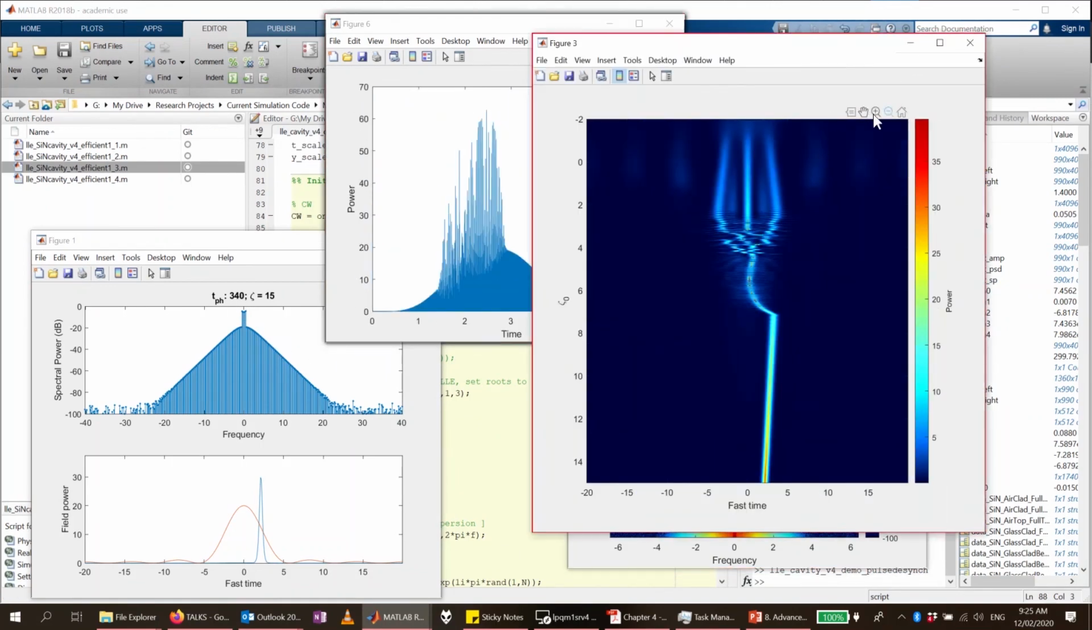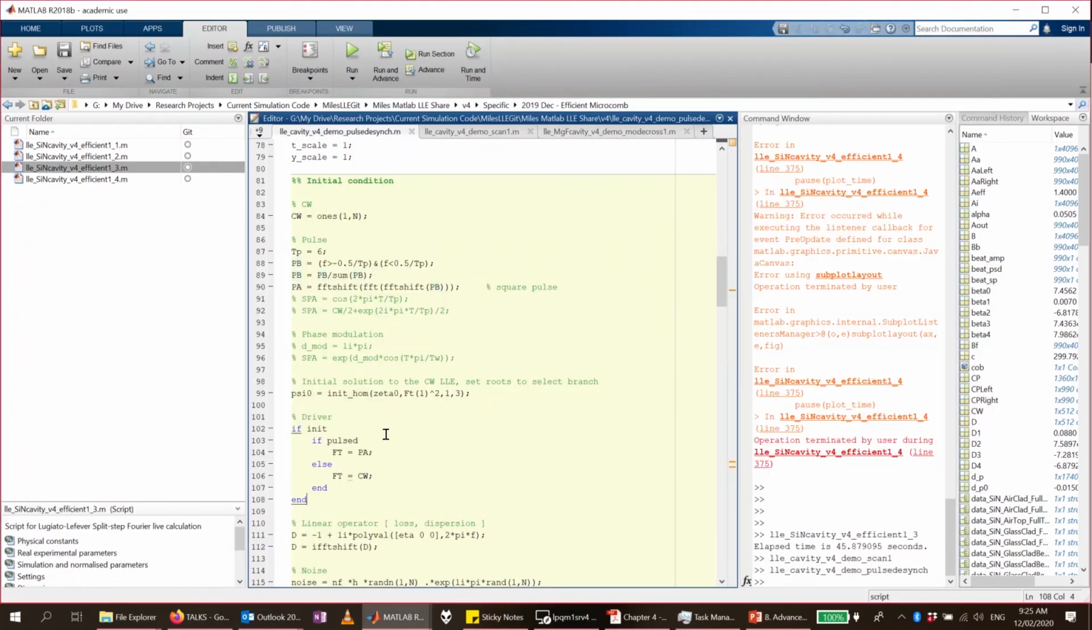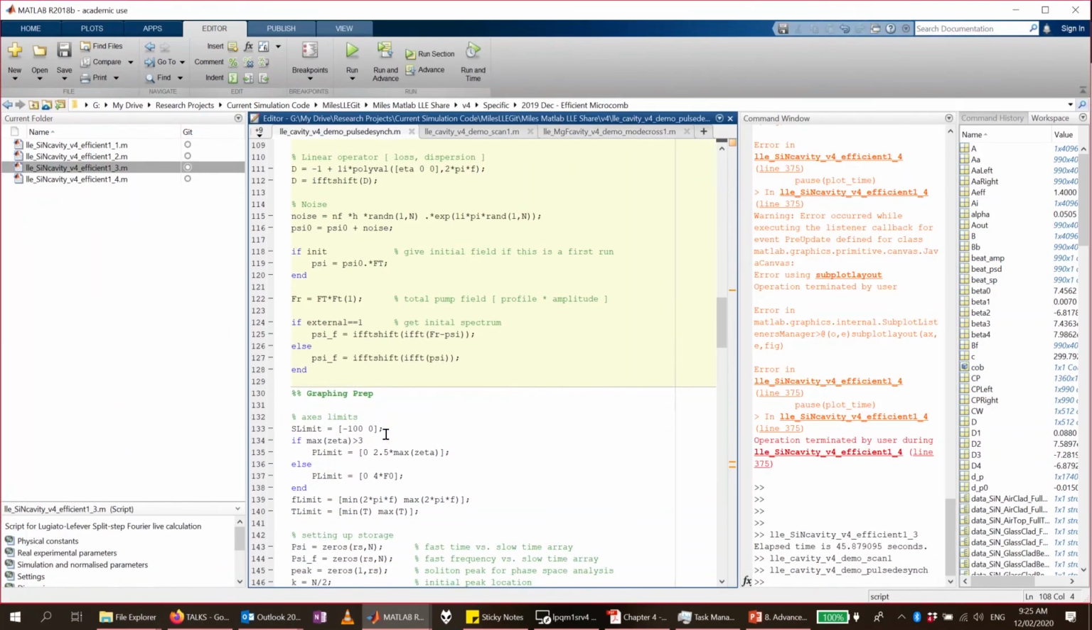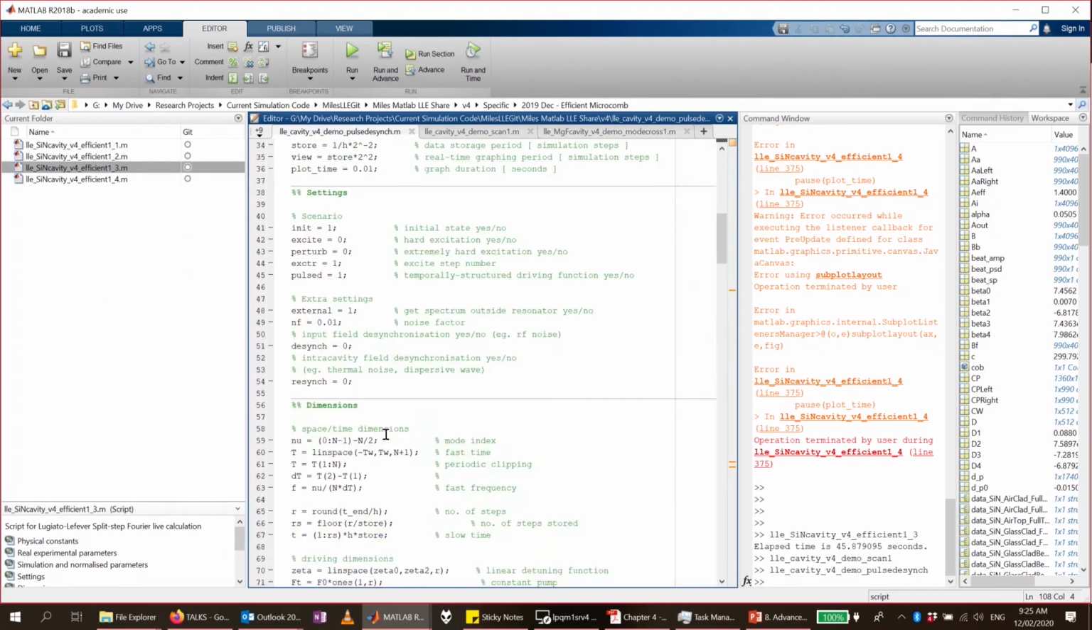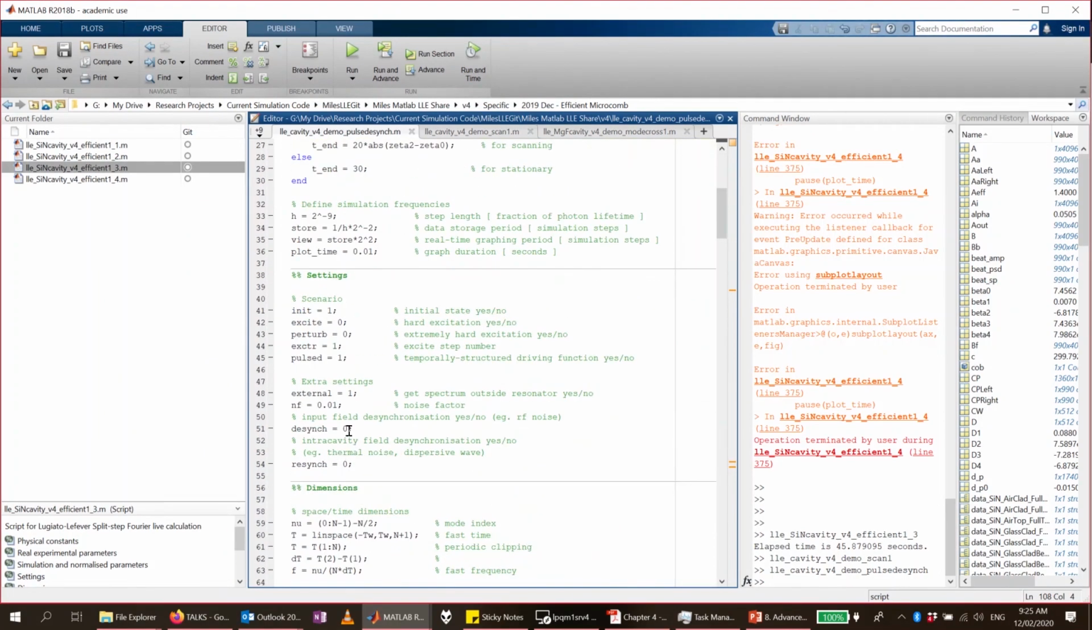And here's the recap of that. Basically, modulation instability or Turing patterns form at first, then they destabilize, and then they collapse into a nice single soliton. And just to demonstrate that synchronization effect,